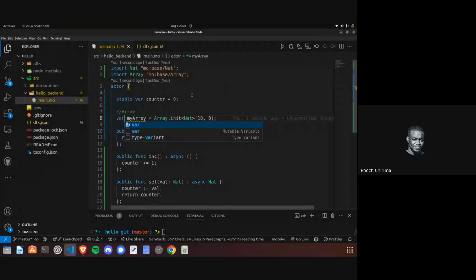So that's an array, and on an array you can use the keyword stable as well. If you want your array to be stable, you can use the keyword stable, and it will be persisted in the stable memory of the canister, right? And then